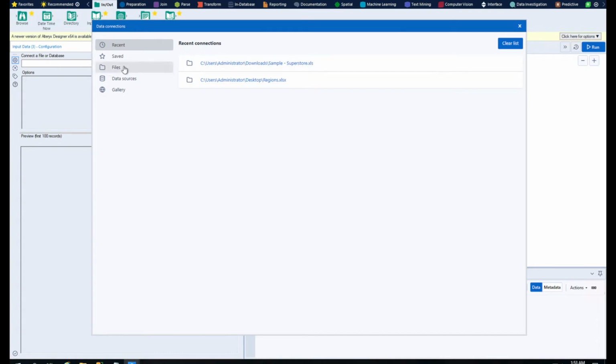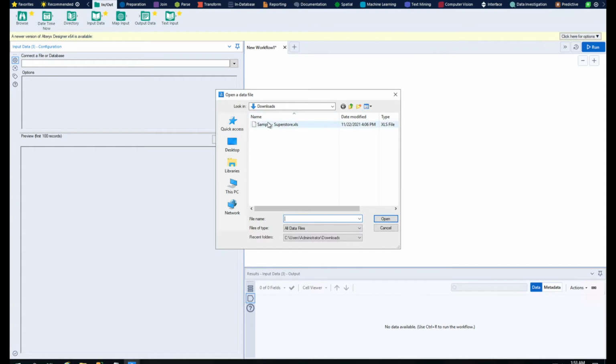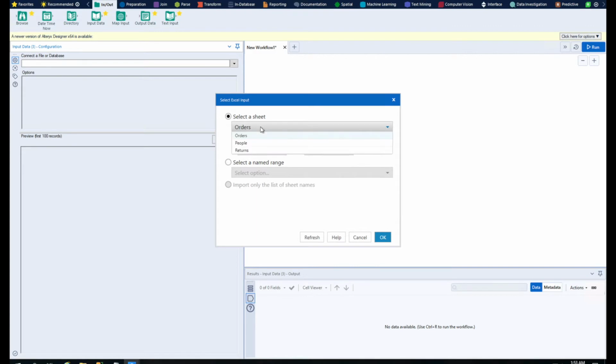So I'll load a file, and here I'll go to, let's say, the sample superstore data, which is quite common. We are all familiar with this. I'll load this. This is an XLS file. I'll say open. Here you see that I have options: orders, people, returns and all. Now let's say I want to load orders. This is an Excel workbook which has 3 sheets: sheet 1, sheet 2, sheet 3 and so on. Now just assume that I have just loaded the orders sheet, so I'll say orders and say okay.